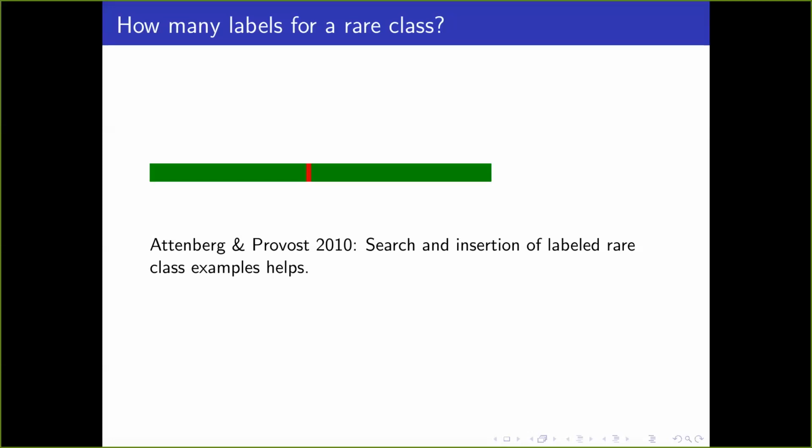Now, there's kind of a question, though, about when does this help or hurt. Right. So the problem with search is that you're creating a biased data set. Right. And biased data sets can be bad in many cases. So now the question is, what can you do about this? Or how do you even think about how to use this effectively?